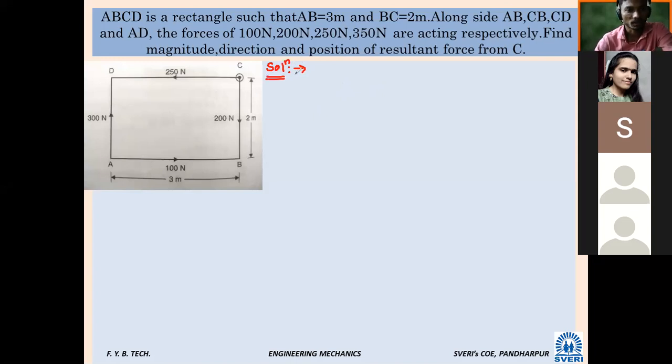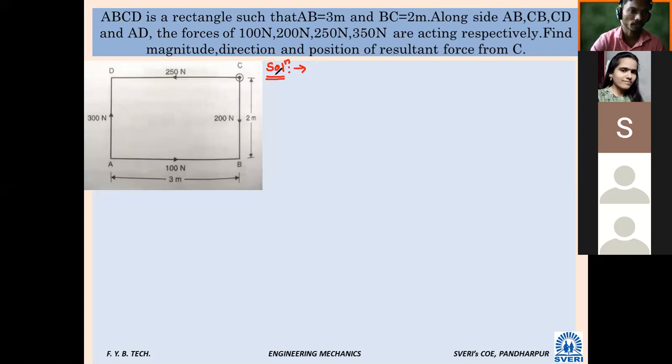So our regular method, by regular method we can find magnitude and direction. Up to that there should not be any problem. Okay, so what are we supposed to find first from the given figure? What to calculate first? Fx and Fy, the components. Very good. Summation of Fx and Fy. So shall I write here summation Fx?